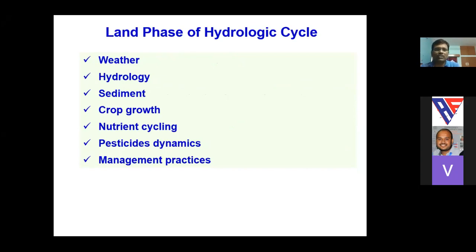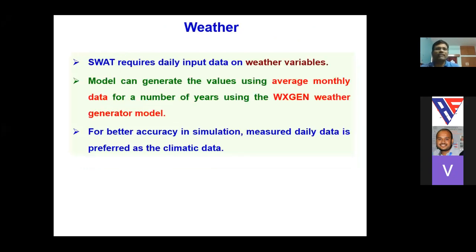Then the hydrologic components, like stream flow or stream discharge, then evapotranspiration, groundwater recharge, return flow, percolation, and infiltration. These are some of the hydrological components. Then sediment, crop growth, nutrient cycling, pesticides, and management practices, if there are any management practices in the watershed. These are covered under the land phase.